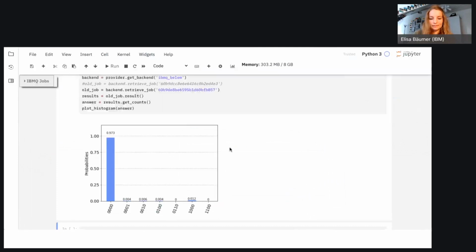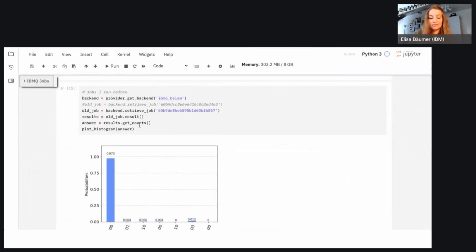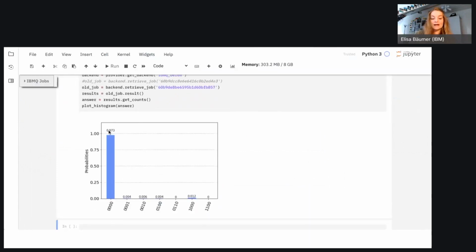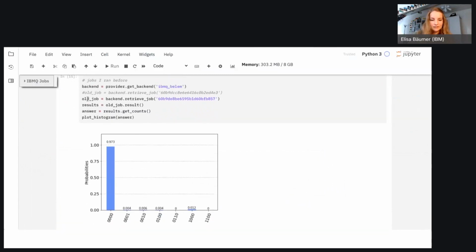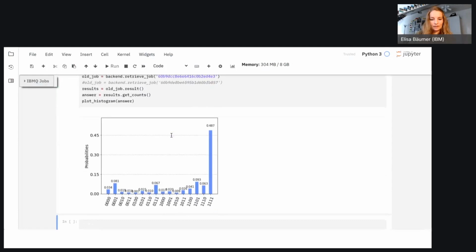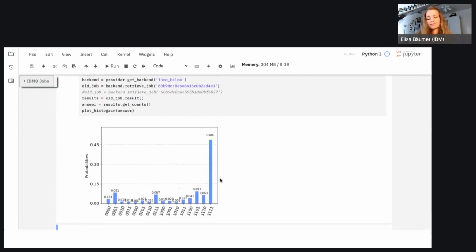So it wasn't even the best one, but still you can see maybe also the qubits that were chosen were in the end better. So here, when I run it on the Belay device, we actually got 97% chance to get the 0-bit string. But this is for the constant case. And then, of course, there's also the balanced case. Let me show you the plot for the balanced case. Here we can clearly identify what the result should be. The result should be the 1-bit string.